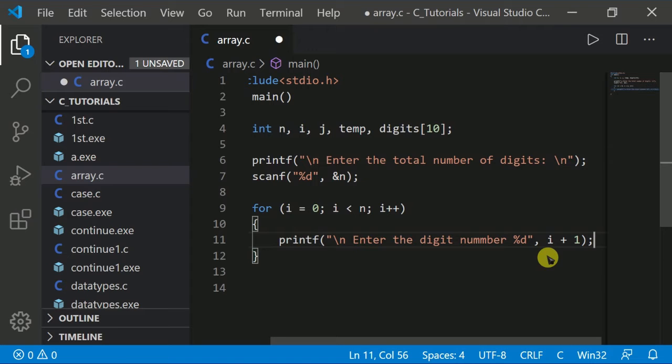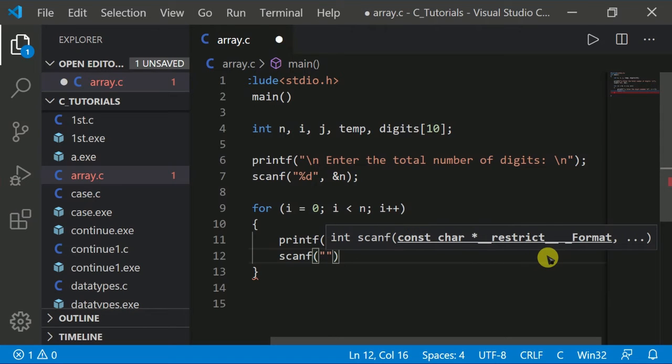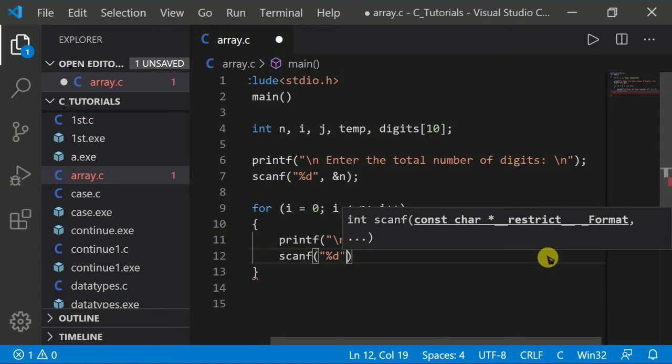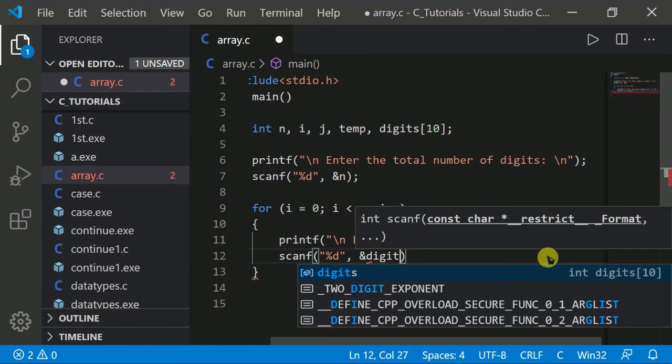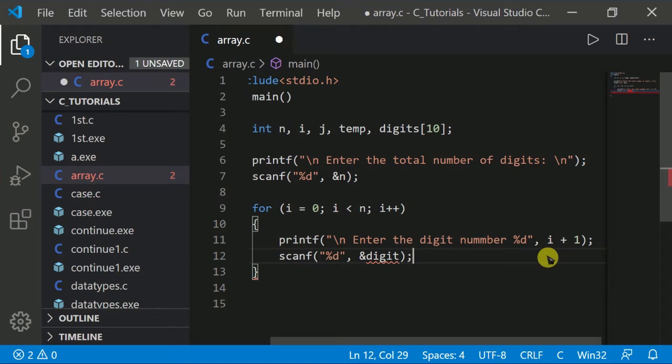After that scanf with %d, using the digit that is stored in digits.